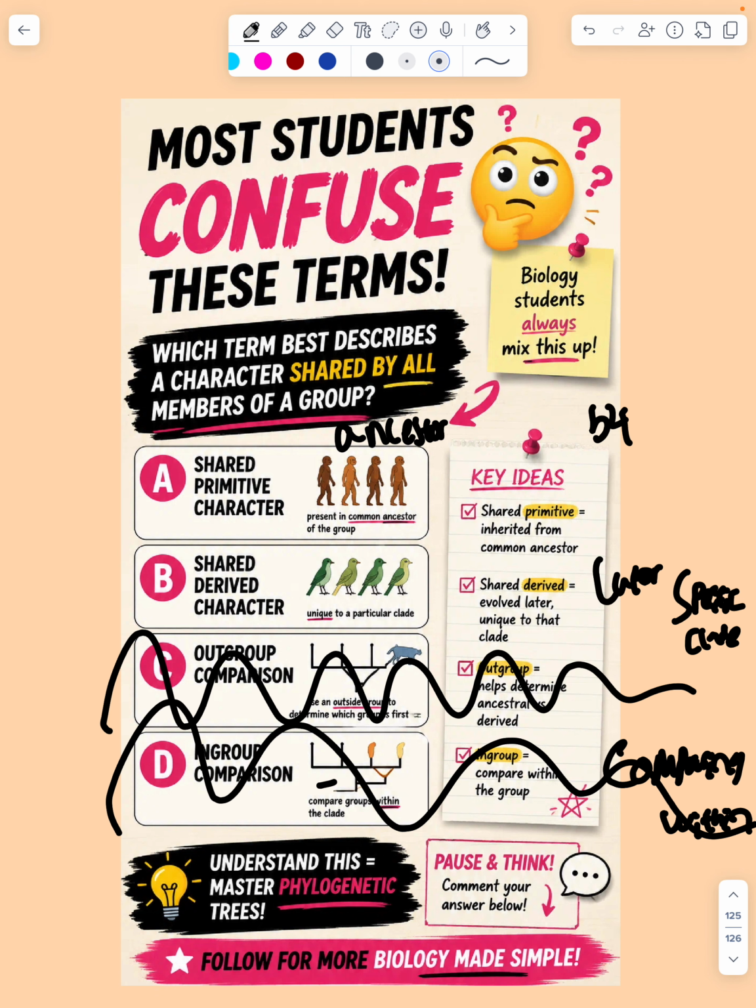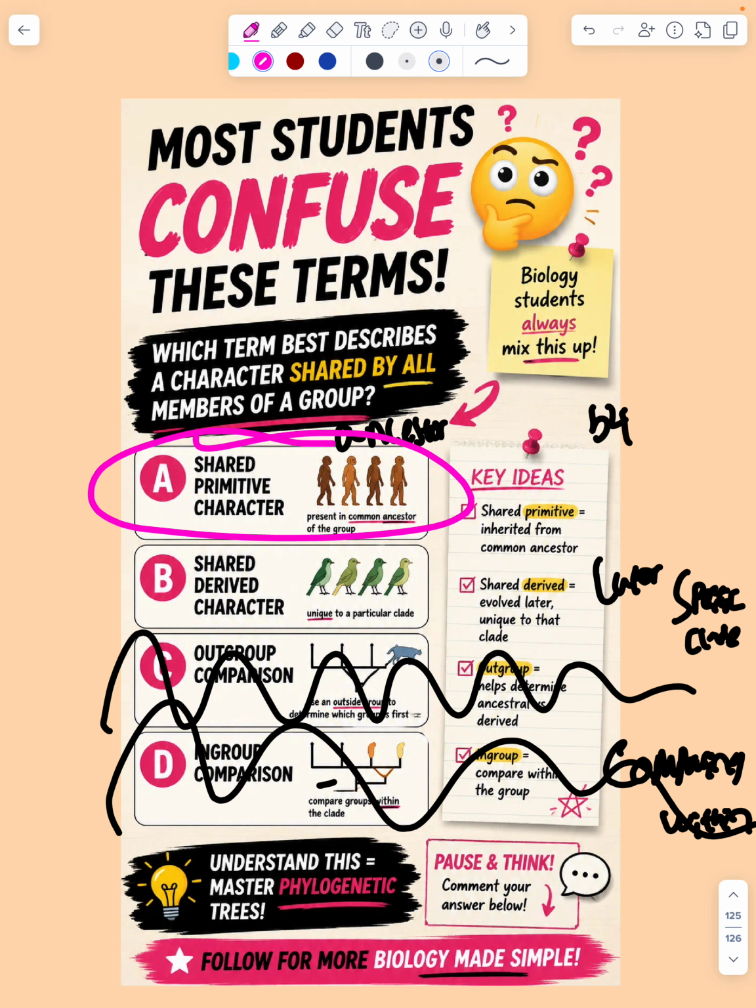So read the question carefully again. Which term best describes a characteristic shared by all members of a group? The key word is all. That points to an older ancestral trait shared broadly across the entire group, which means the correct answer is A,